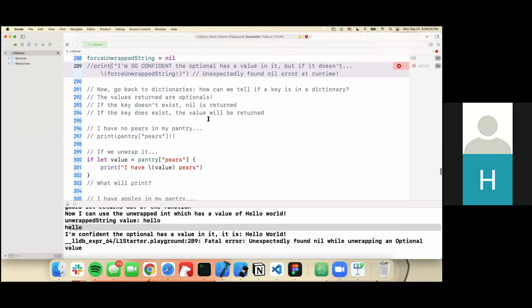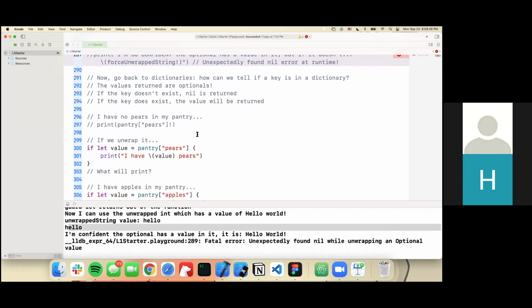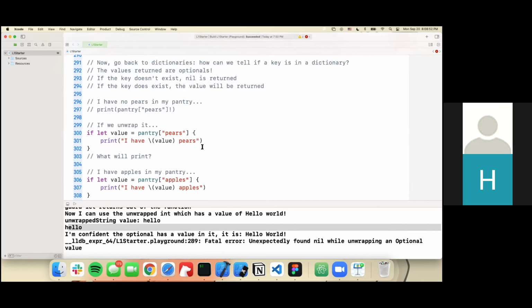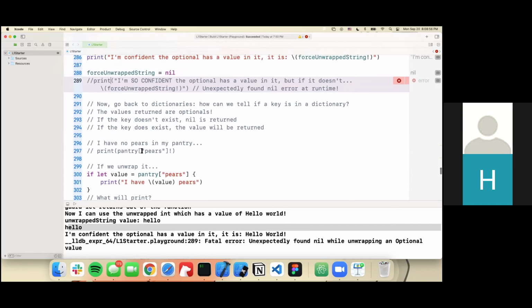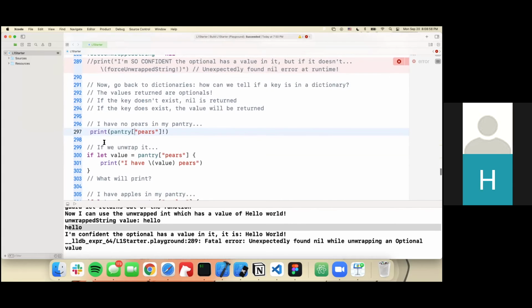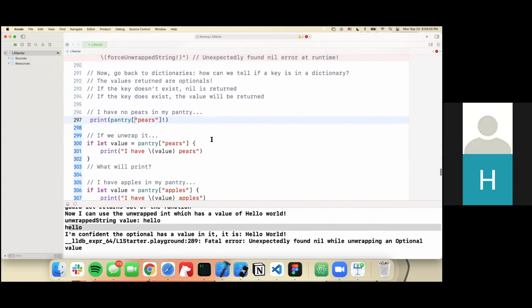And so dictionary. How can we tell if the key is in a dictionary? The values returned are optionals. If the key doesn't exist, then you get nil. If the key does exist, then the value will be returned. So if you remember the pantry, there were no pears in the pantry. So if you do this,